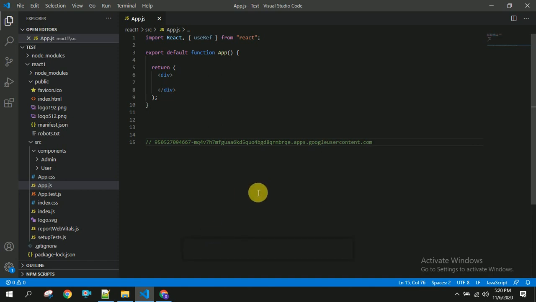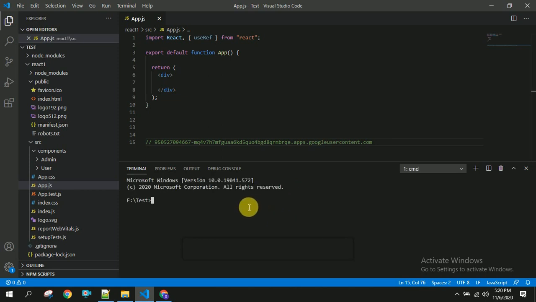Now I am opening my console, and you have to execute a command called npm install react-google-login --save. We will wait until this command is executed successfully.